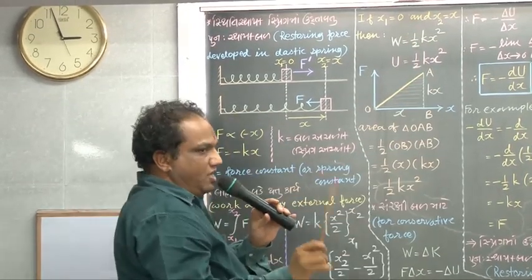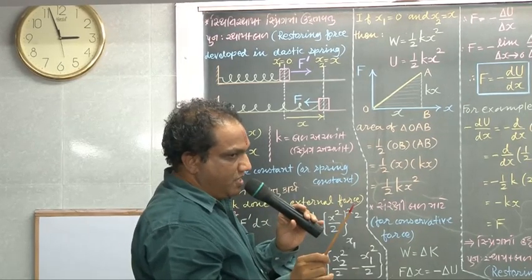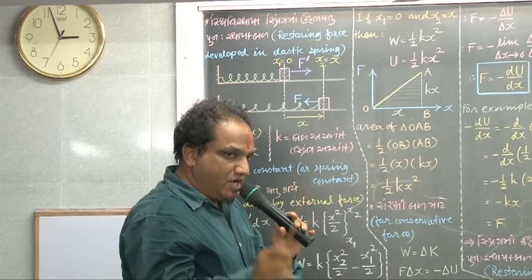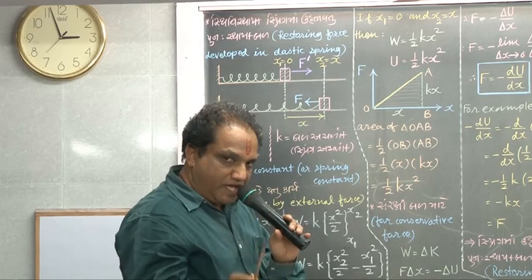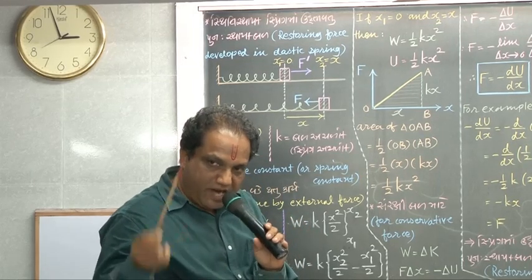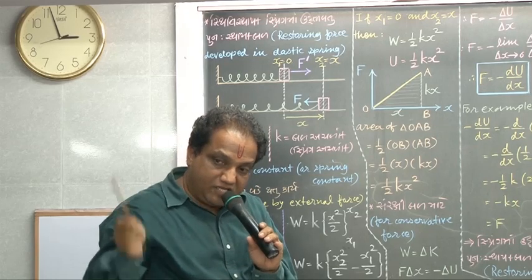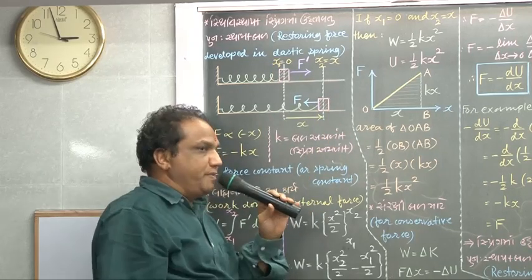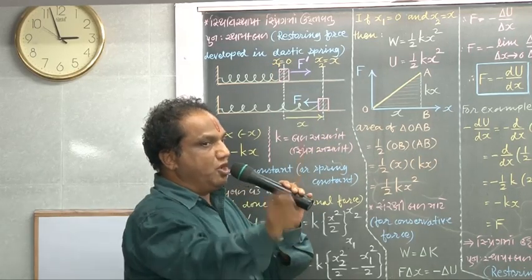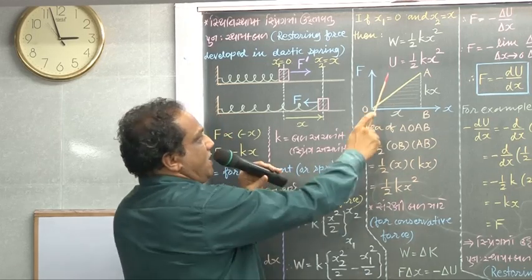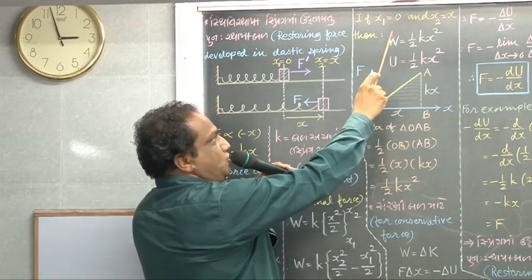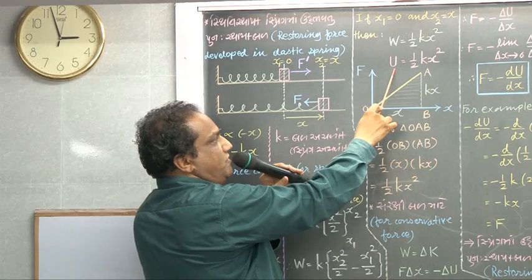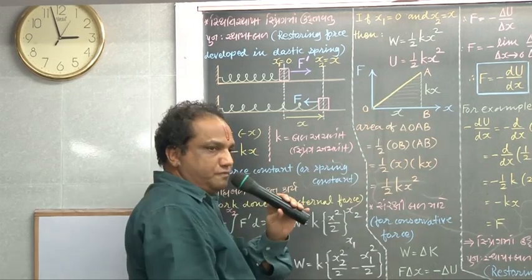Did I tell you? In physics, remember, as much work is to be done, that much energy is to be spent. So when we spend this much energy, the energy spent by us is now getting stored in this stretched elastic spring in the form of elastic potential energy. Elastic potential energy has the symbol capital U. So this work done results in an increase in elastic potential energy by amount U. So U equals half k x squared.